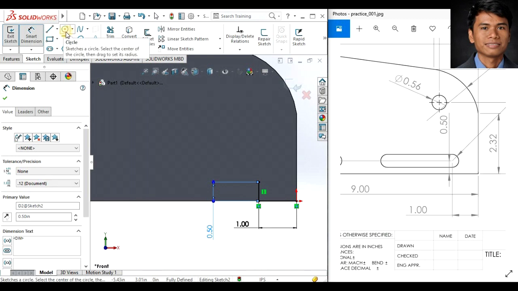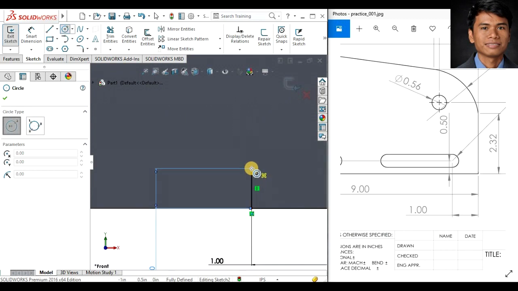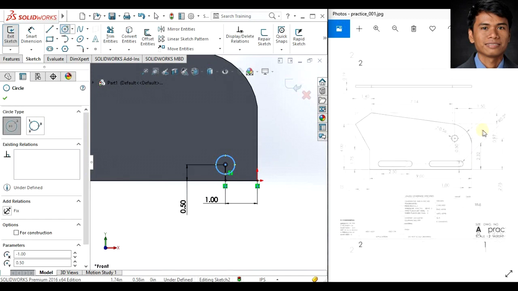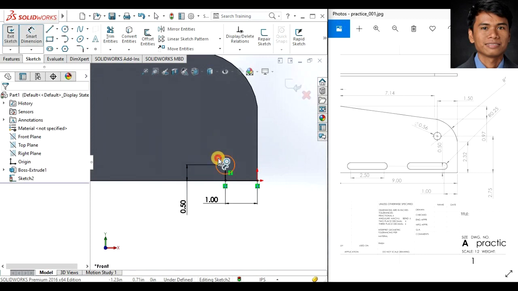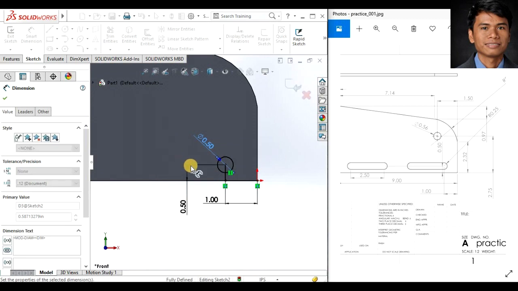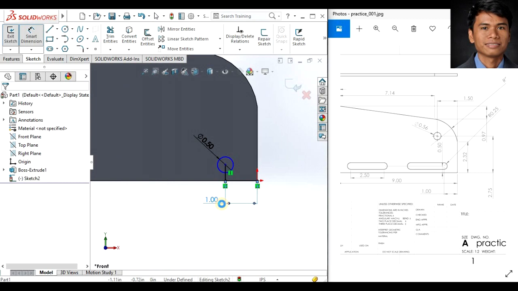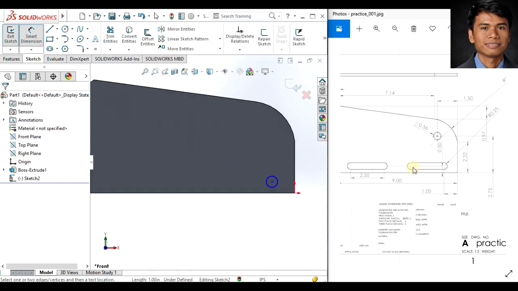And then we need to add a circle from this point. So the diameter of the circle is 0.25, so 0.5. Smart dimension. So this is 0.5. And then we can now delete these unnecessary drawings. Click. So next we'll create another